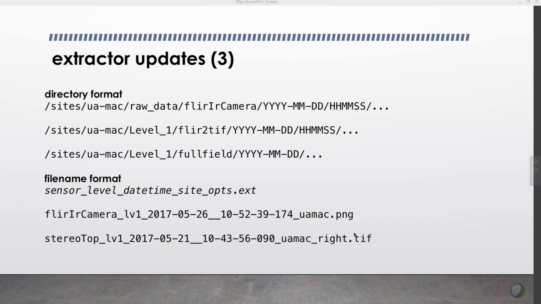This is still a little bit fuzzy. We're trying to standardize these as best we can. But you'll see things like FLIR to TIFF, full field. Generally, those correspond to extractors. On the file name format down at the bottom, one of the charges we had was to try to make